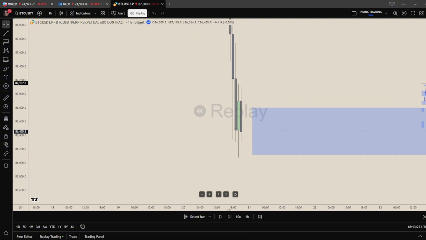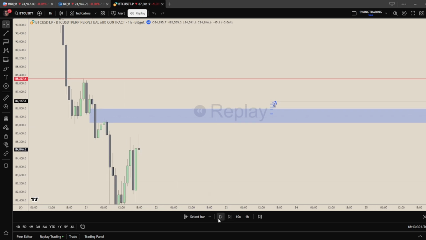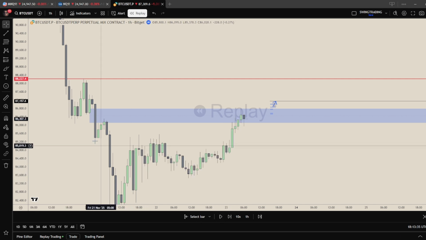I'm looking for expansion followed by retracement followed by expansion higher. As you can see, this was my POI. As long as we were below that, I was bearish. But after we got that